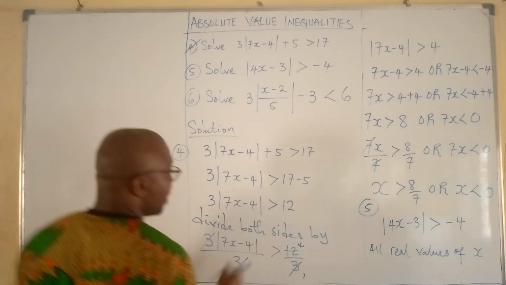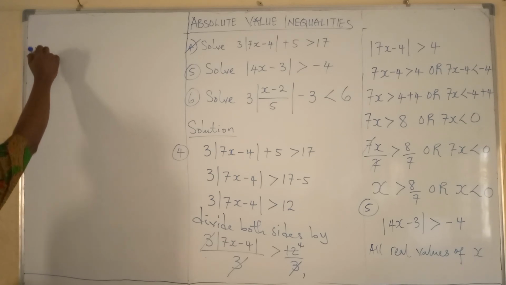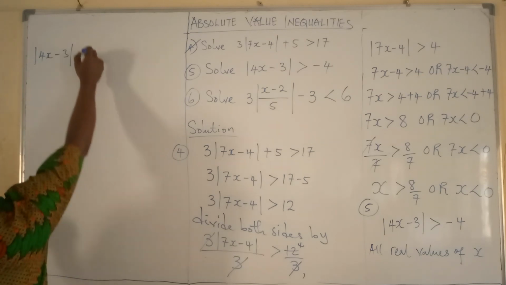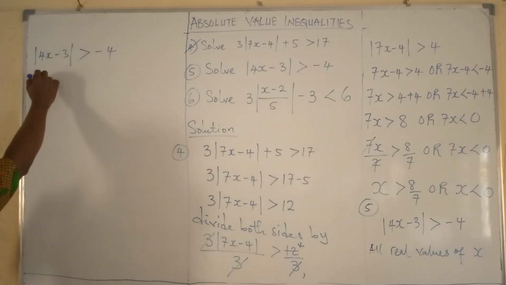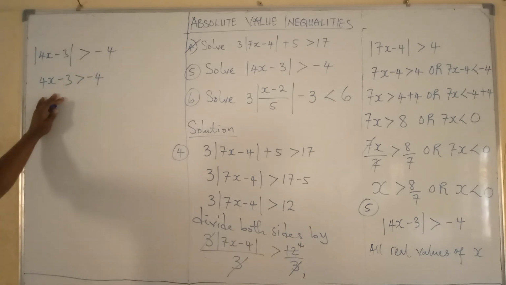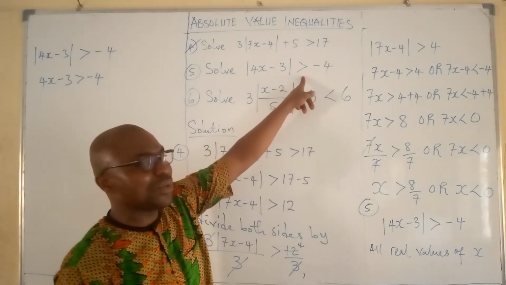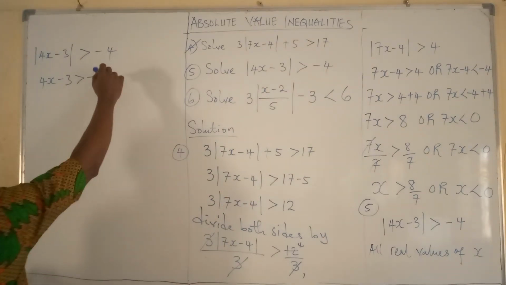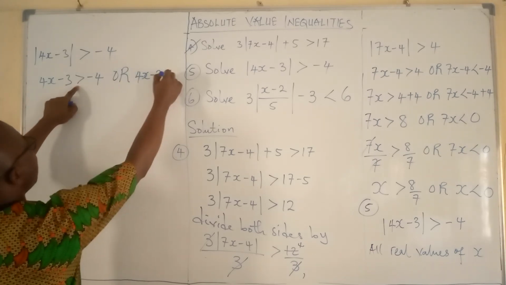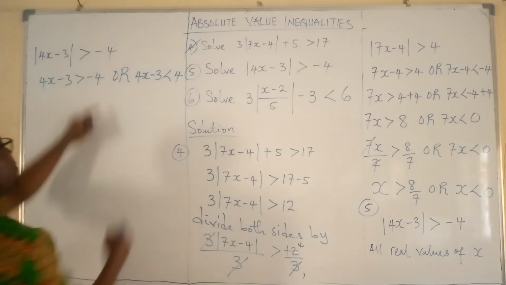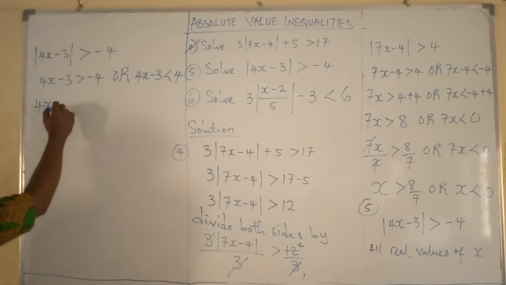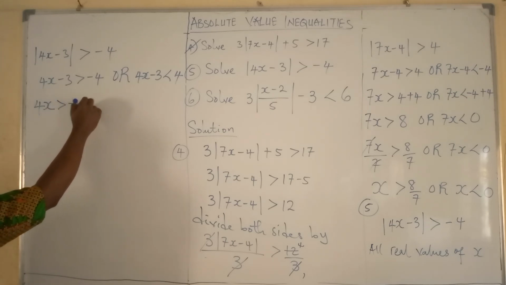But let's solve it, assuming we didn't know. The absolute value of 4x minus 3 is greater than minus 4. So if we want to solve that, this will be 4x minus 3 is greater than minus 4. Remember I said when the greater than sign is used, you use the word or. So or 4x minus 3, you change this sign and you also change the sign for this, so it becomes positive 4. So this will give us 4x. When negative 3 moves over to the other side, you have greater than minus 4 plus 3. Or